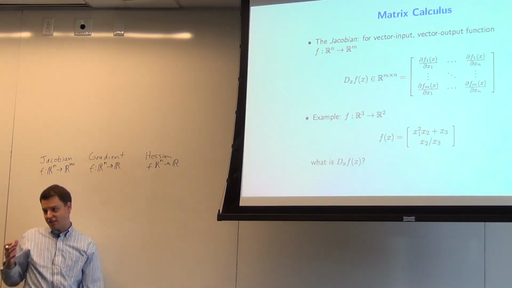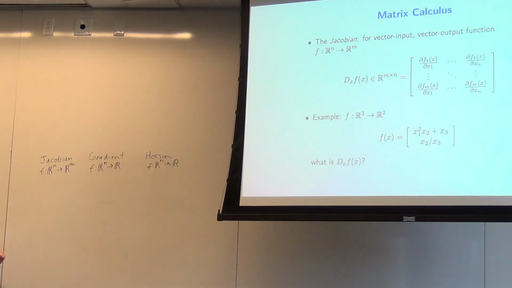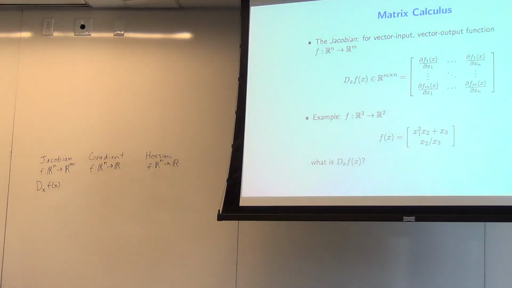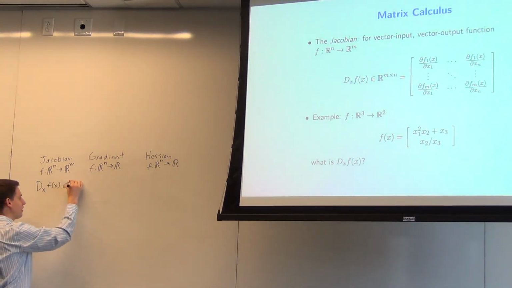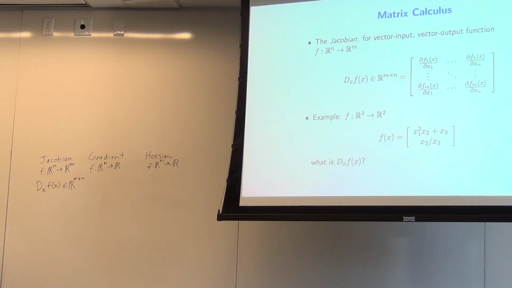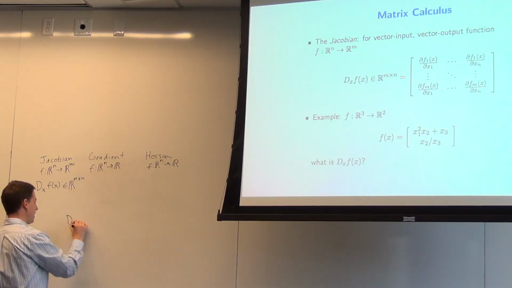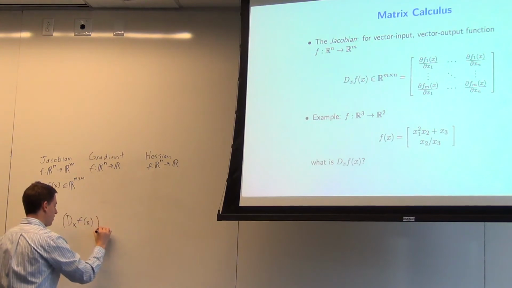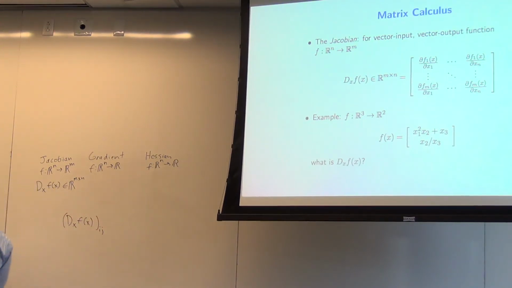So let's just define each of these now. What the Jacobian is, the Jacobian is a matrix, and we're going to call it dx f of x. That's how we're going to denote it. It is a matrix which is m by n, where each element is defined as the following. dx f of x, the ij element of that thing